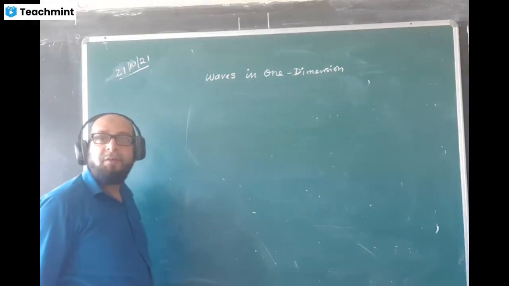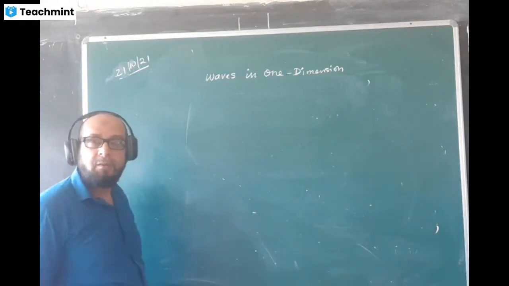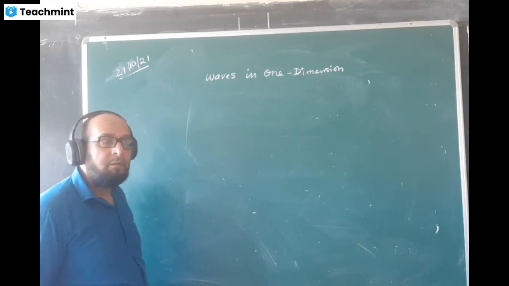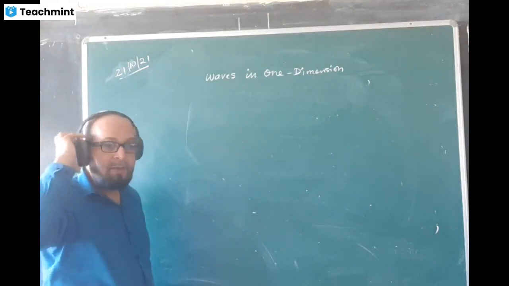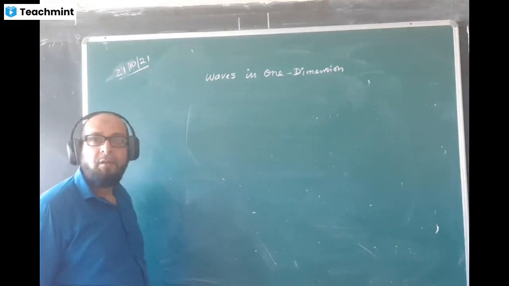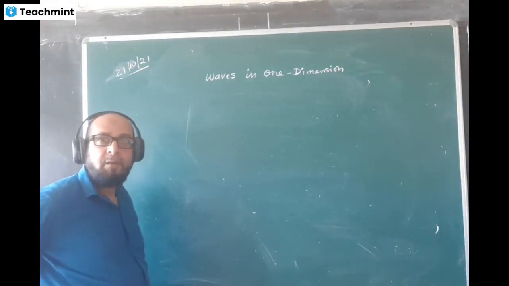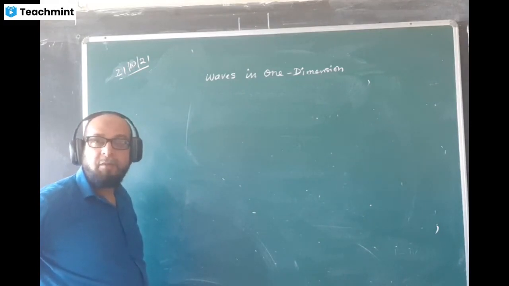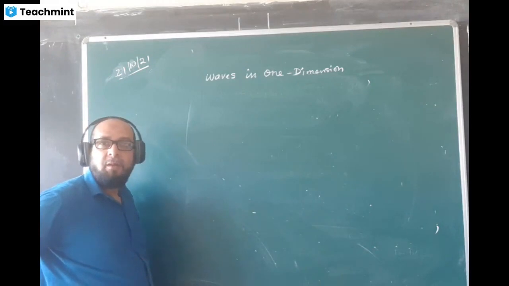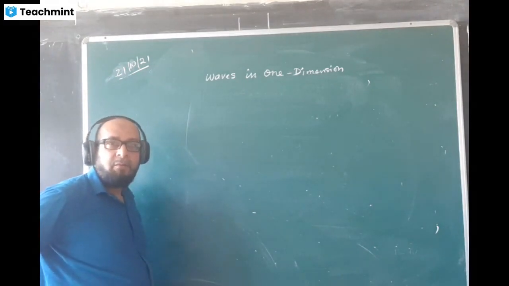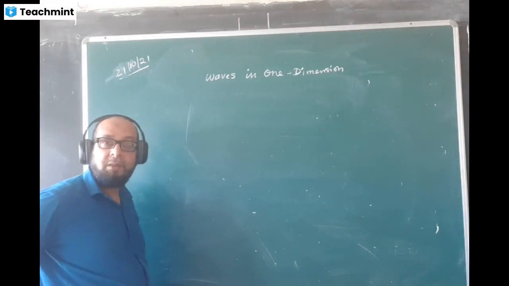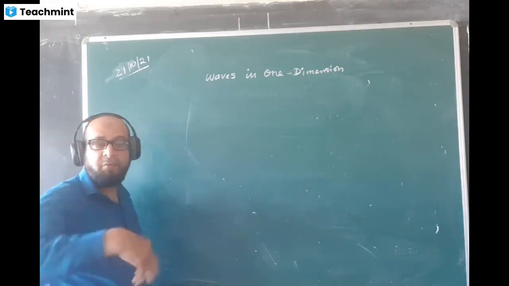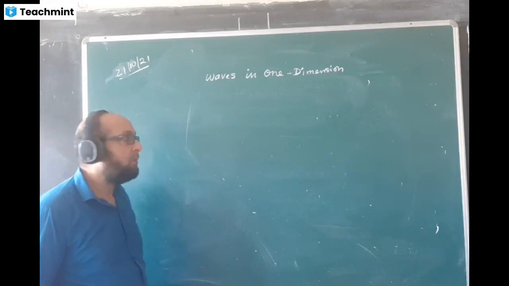You all know what is a wave? Wave is a disturbance. I mean, the oscillations produced in a medium is called wave. One oscillation is one wave. Examples of waves are: sound is also a kind of wave, light also is a kind of wave. We have electrical waves also, like alternating current. It is in the form of waves, oscillations, to and fro motions, up and down.